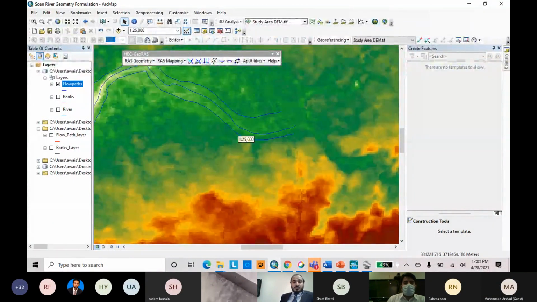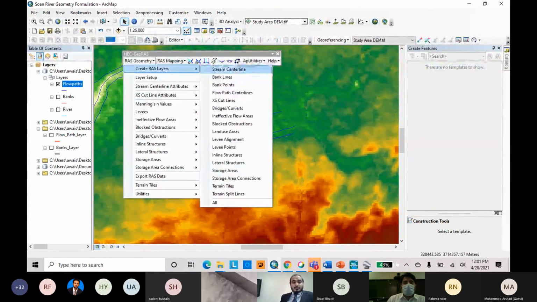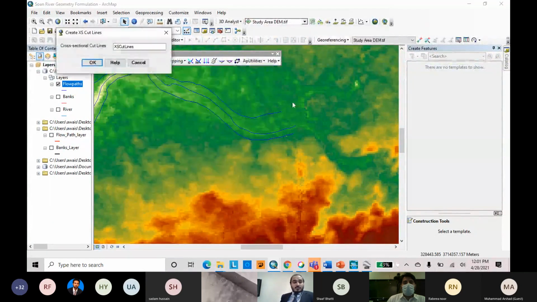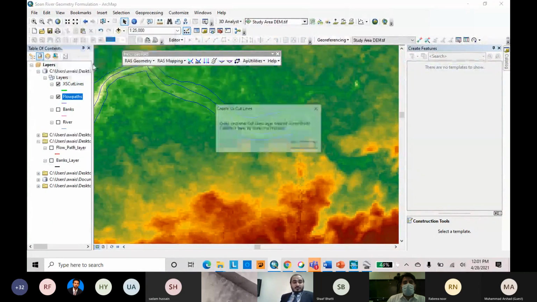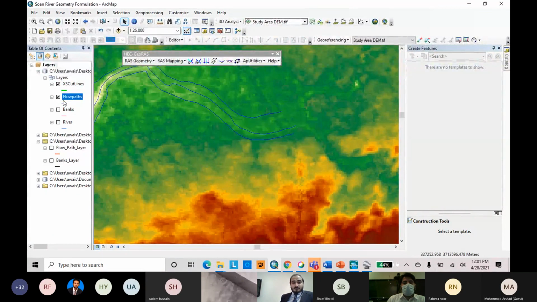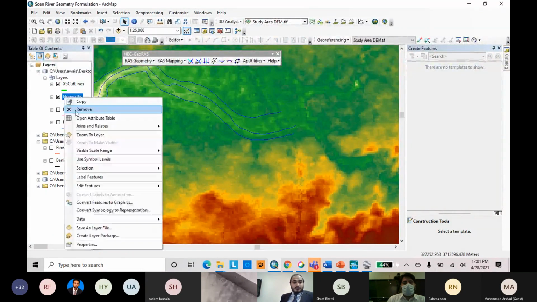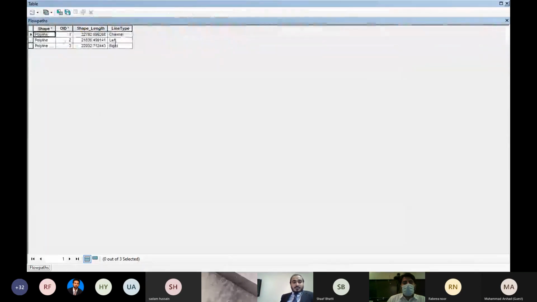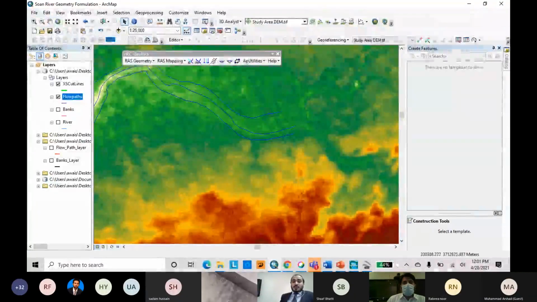Now the next feature layer is the cross section cut line, which is a compulsory and very important feature. Let me check. Here you can see that the line type has been assigned, left and right. Why do we assign left and right?